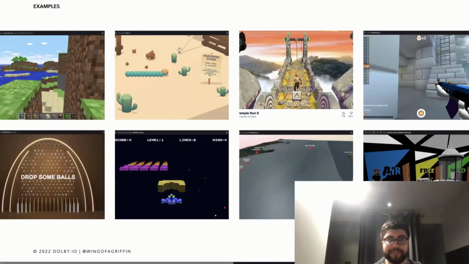So you can see some examples of what actually is inside of BabylonJS, some examples of what people have been able to build. You'll see on the very top left, we have Minecraft over here. Somebody actually was able to make Minecraft using JavaScript only, which makes sense given the Microsoft involvement in all of this. Microsoft had bought Mojang a while ago. We have a bunch of different games, including Temple Run. If you've ever played that mobile game before, it has been remade in BabylonJS. We see a shooter over here, some Plinko stuff, Space Invaders, and